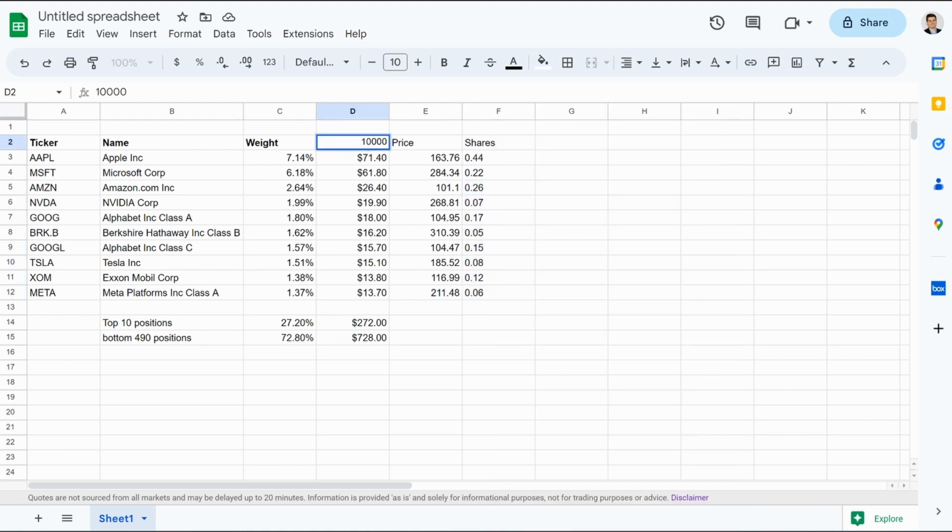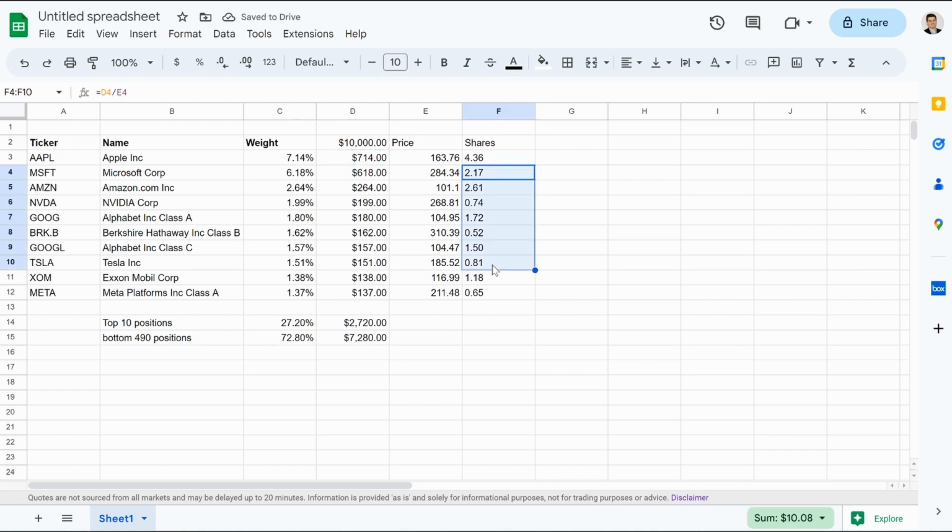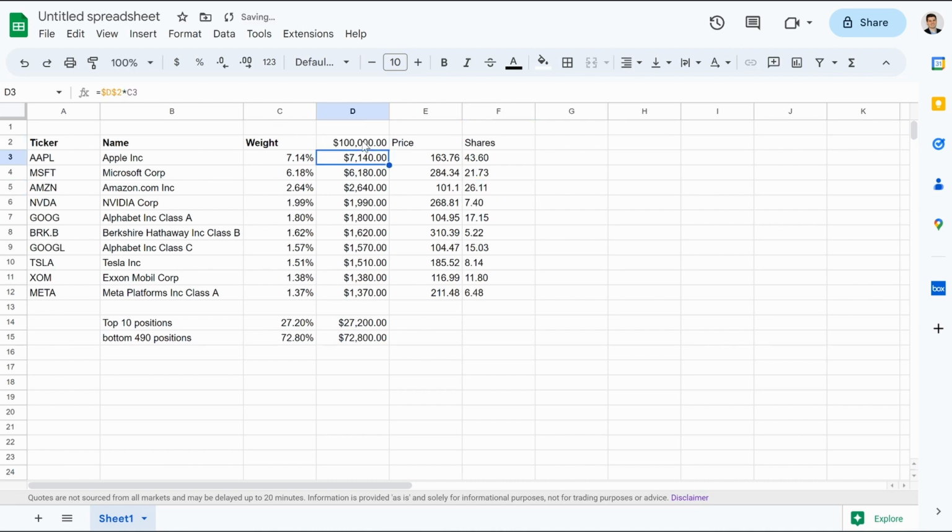This is what 10,000 would look like. Once you invest 10,000, you actually have some full shares. You have 4 shares worth of Apple. You have 2.17 shares worth of Microsoft, and so on. And then we'll stop at 100,000. Let's say you have $100,000. This is how many shares you'll have of each in the top 10 positions. You'll have $27,000 invested in the top 10 stocks, and then the other $72,000 will be in the other 490